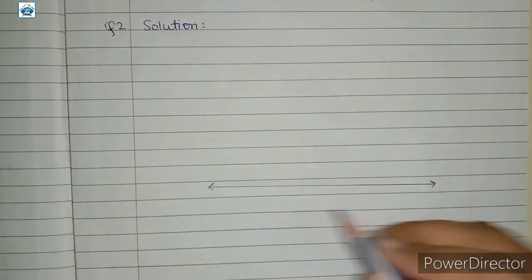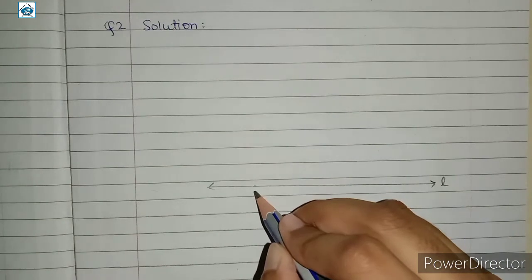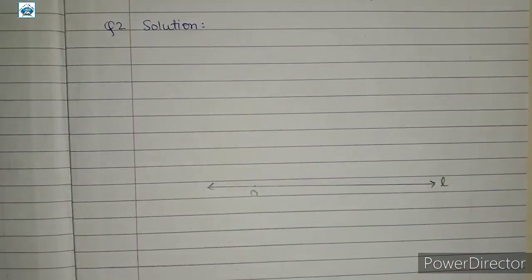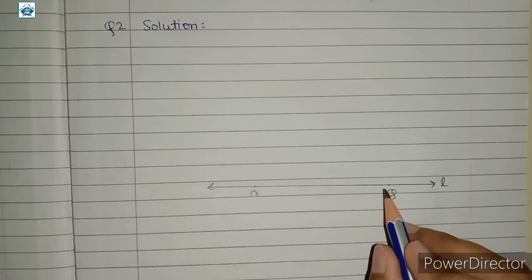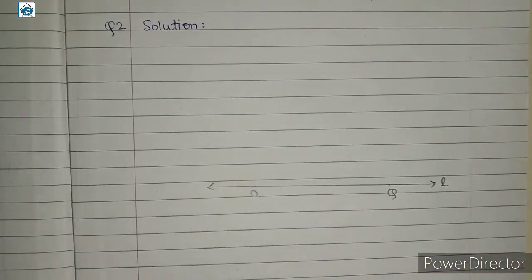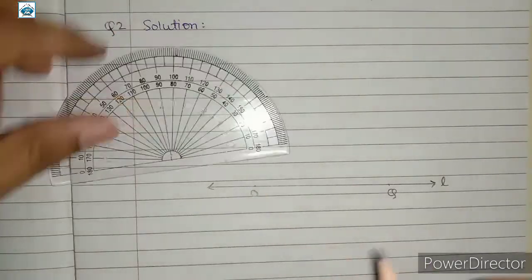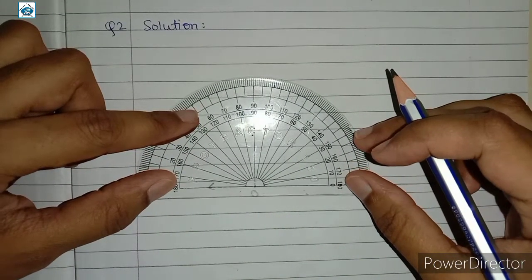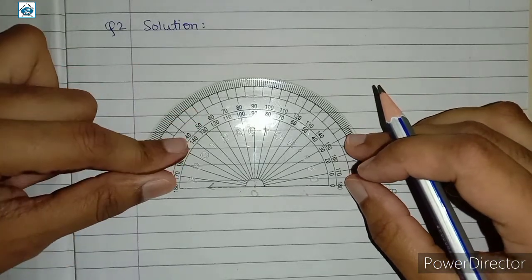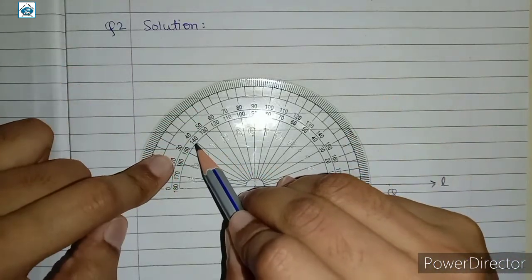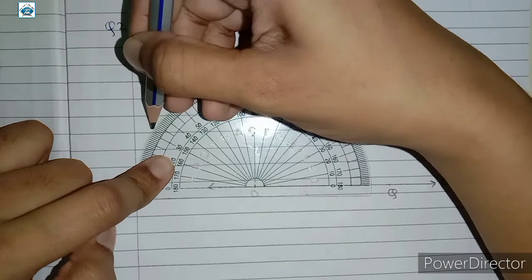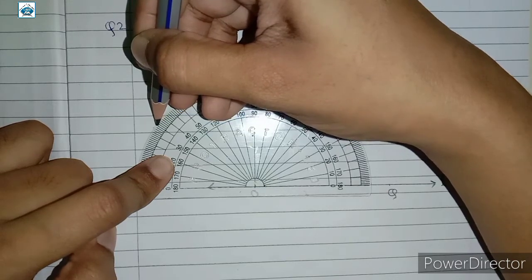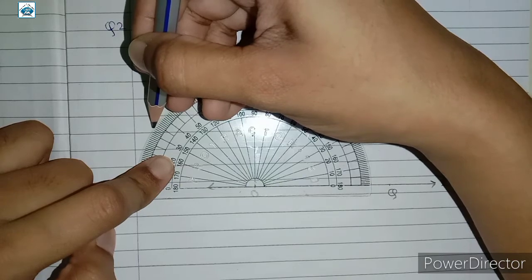For that, let us draw a line like so. This line is line L and I am going to take a point O on it. This point will be the vertex of my angle, and here I am marking another point, point Q. So here this will be one arm of my angle. Place the protractor at point O like so, and you need to measure 147 डिग्री. सो यहाँ पे ये 140 है और यहाँ पे आपको 145 मिलेगा. तो इसके दो पॉइंट के बाद जो आएगा पॉइंट, that will be 147 डिग्री. So over here we have 145, 46 and this will be 47.